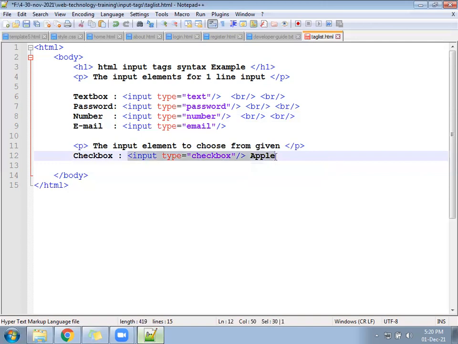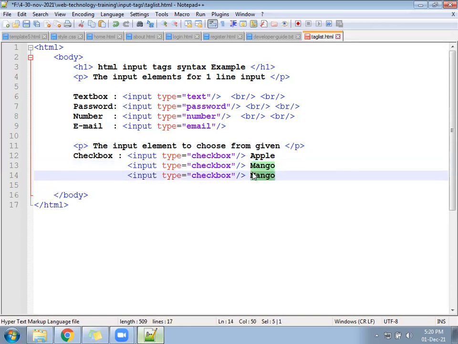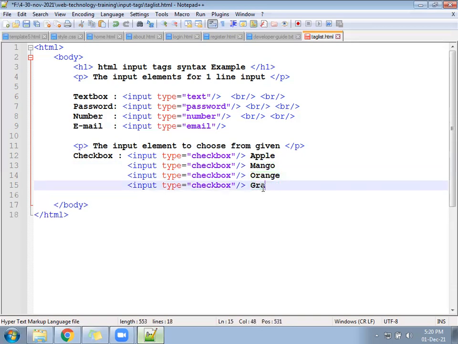Create one more checkbox, Mango. One more checkbox, Orange. One more checkbox, Grapes.